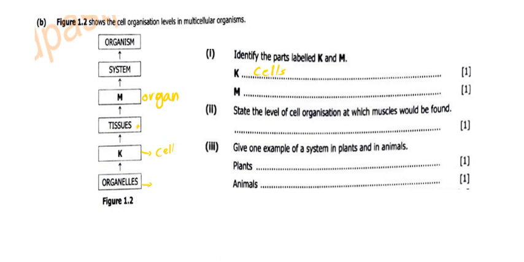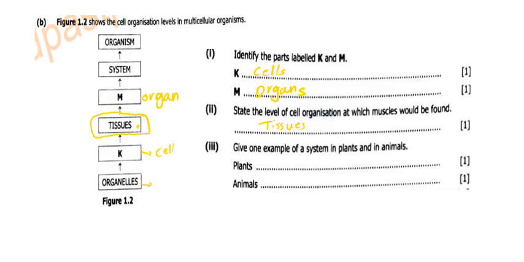And then the part labeled M, it is organisms. Like that. I mean not organisms, organs, sorry. It is organs. Now, they have said state the level of cell organization at which muscles would be found. So they have said muscles. We know, and we have to understand that muscles, they belong at tissues. That is the level of cell organization in which muscles belong. So muscles, they belong at tissues,